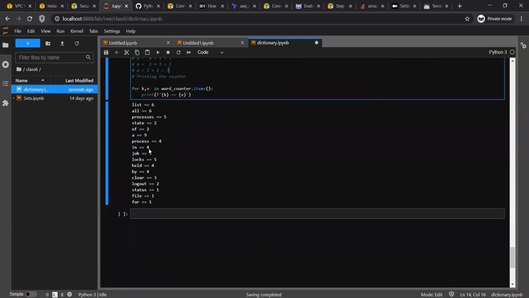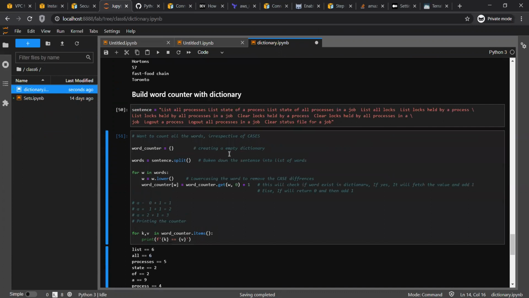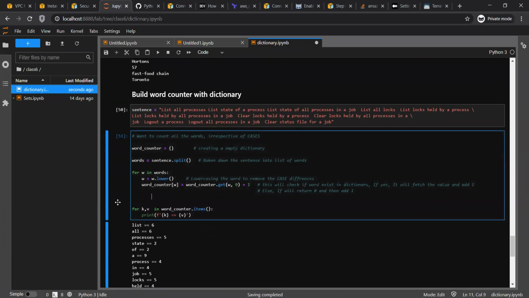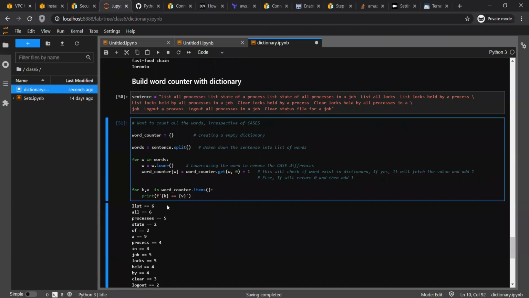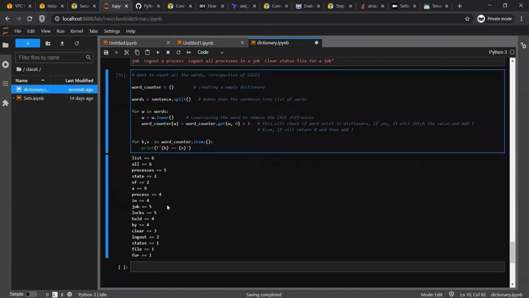That's why you are seeing processes come 4 times, in comes 4 times, jobs comes 5 times. So this is called word counter. We are using a dictionary and populating a simple word counter from that dictionary. This is a small quick example which you can see here.